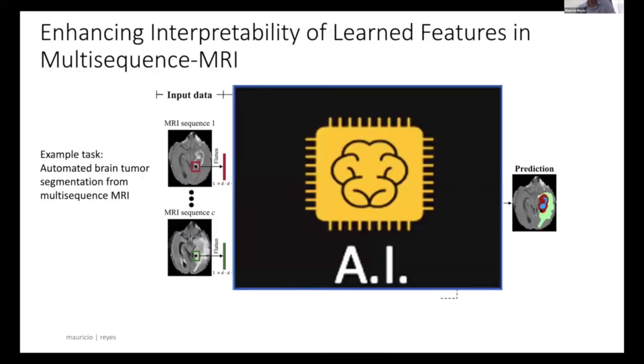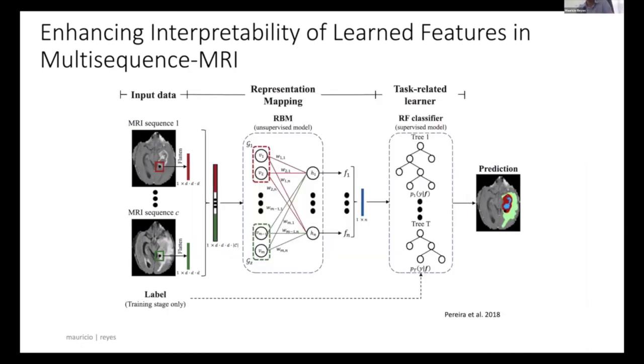I'm going to finish with another approach where you have multi-sequence data. Imagine you have a problem where you want to classify input images, but you have several sequences. You would like to know what drives the decision, and which sequences and which parts of the images within those sequences. This is part of work we have done in Bern,